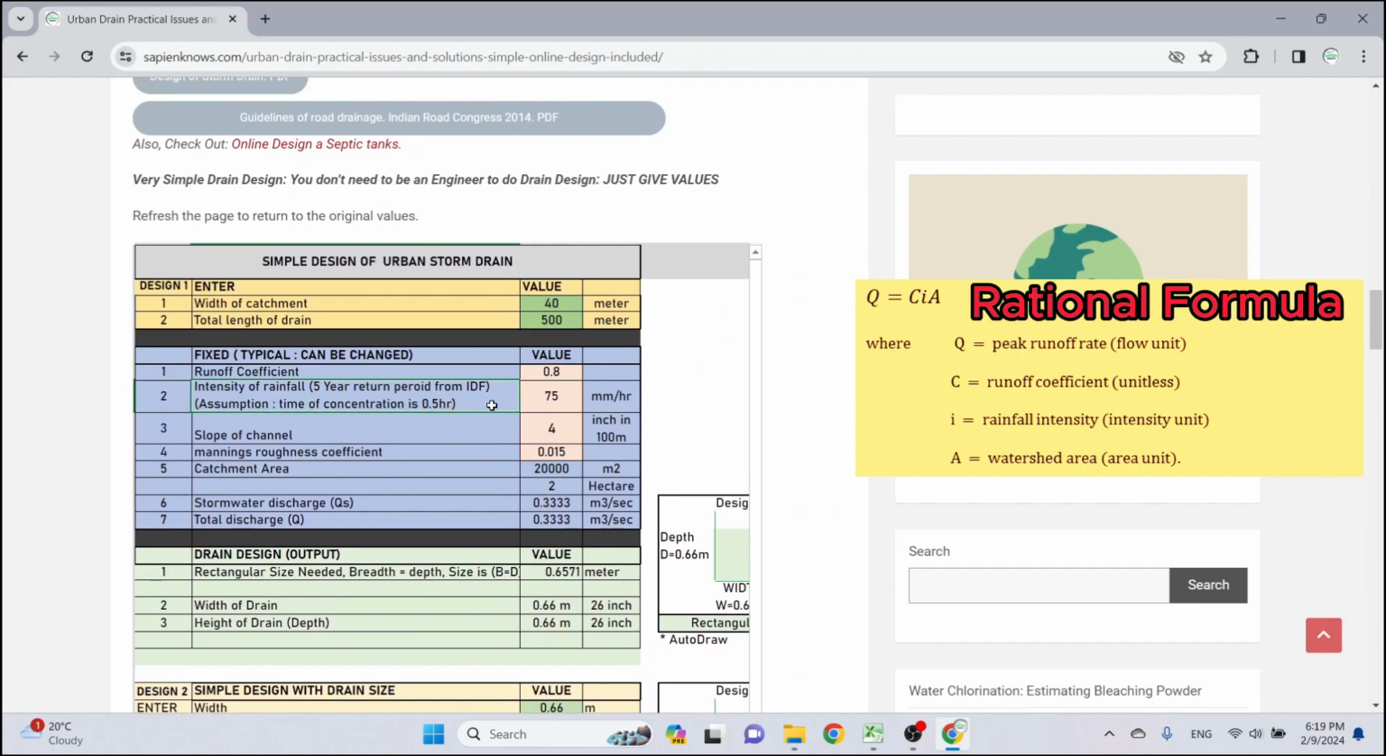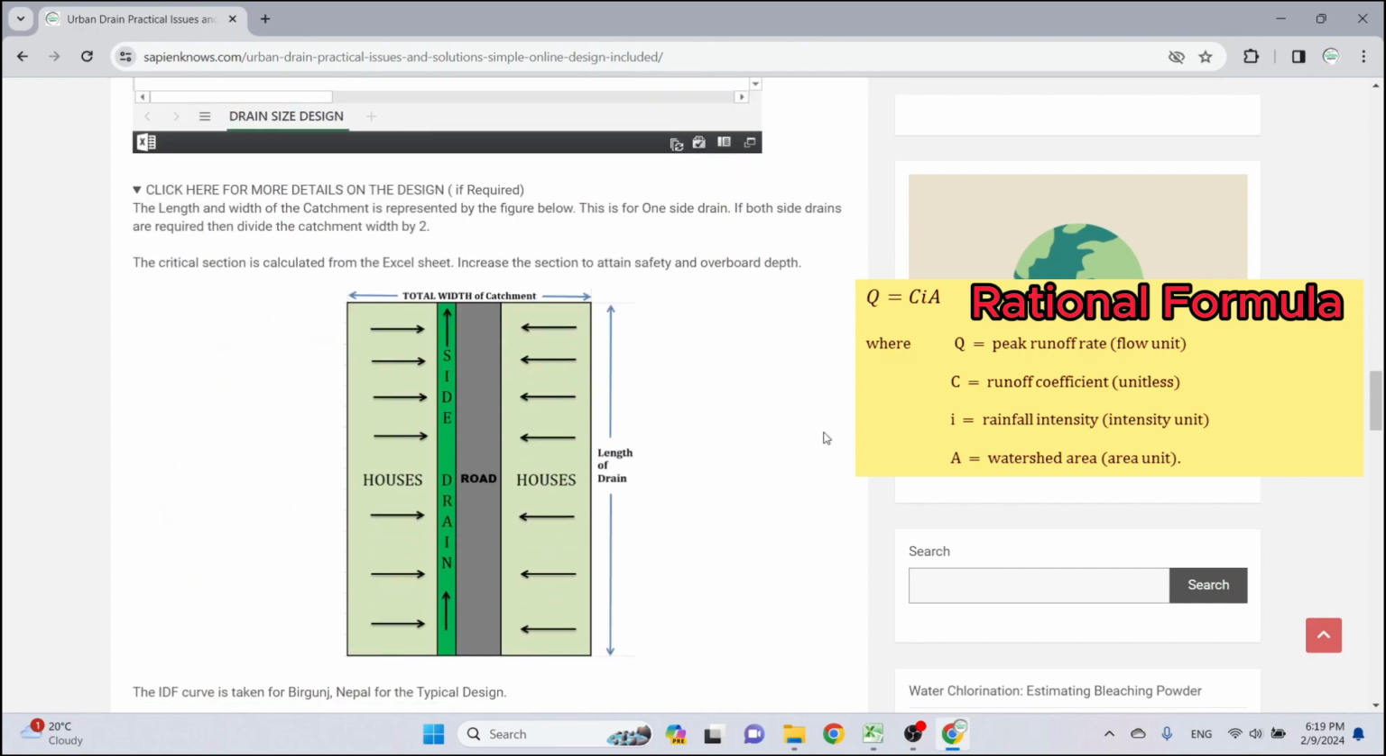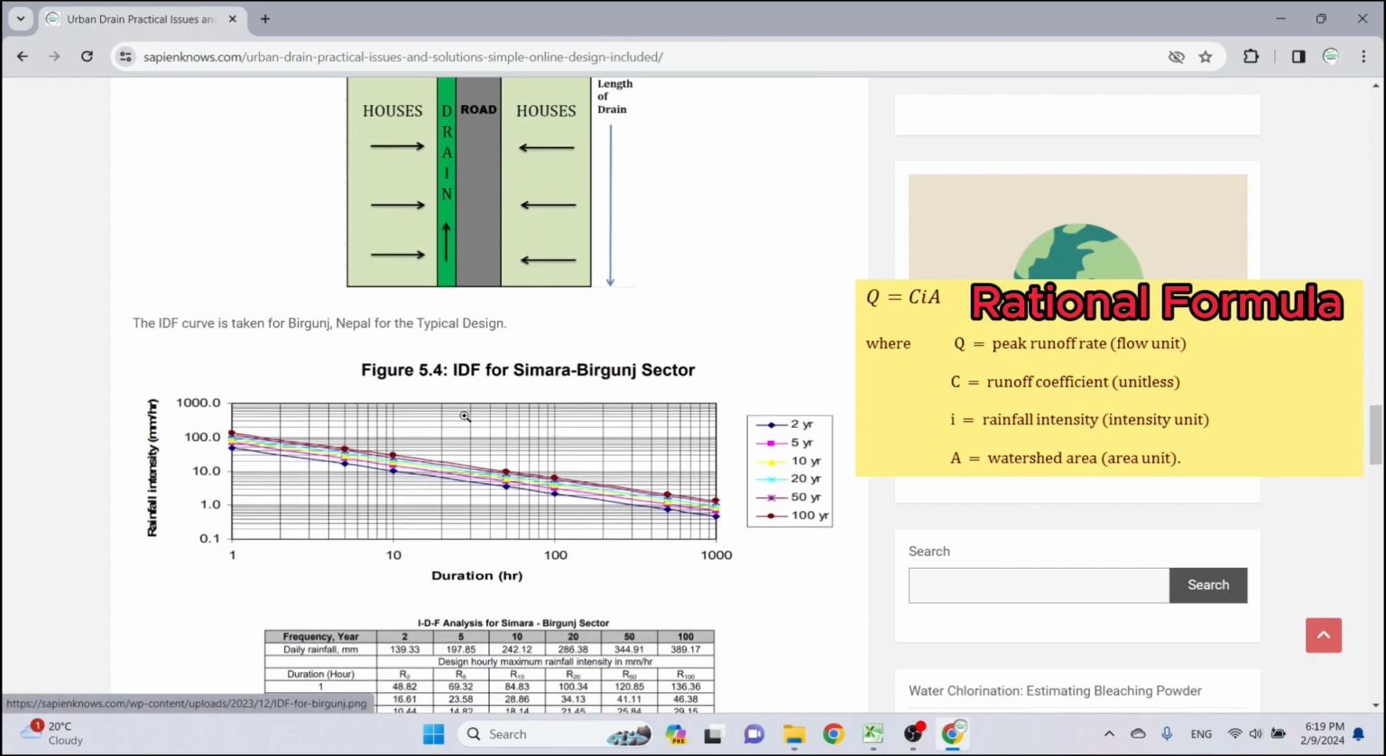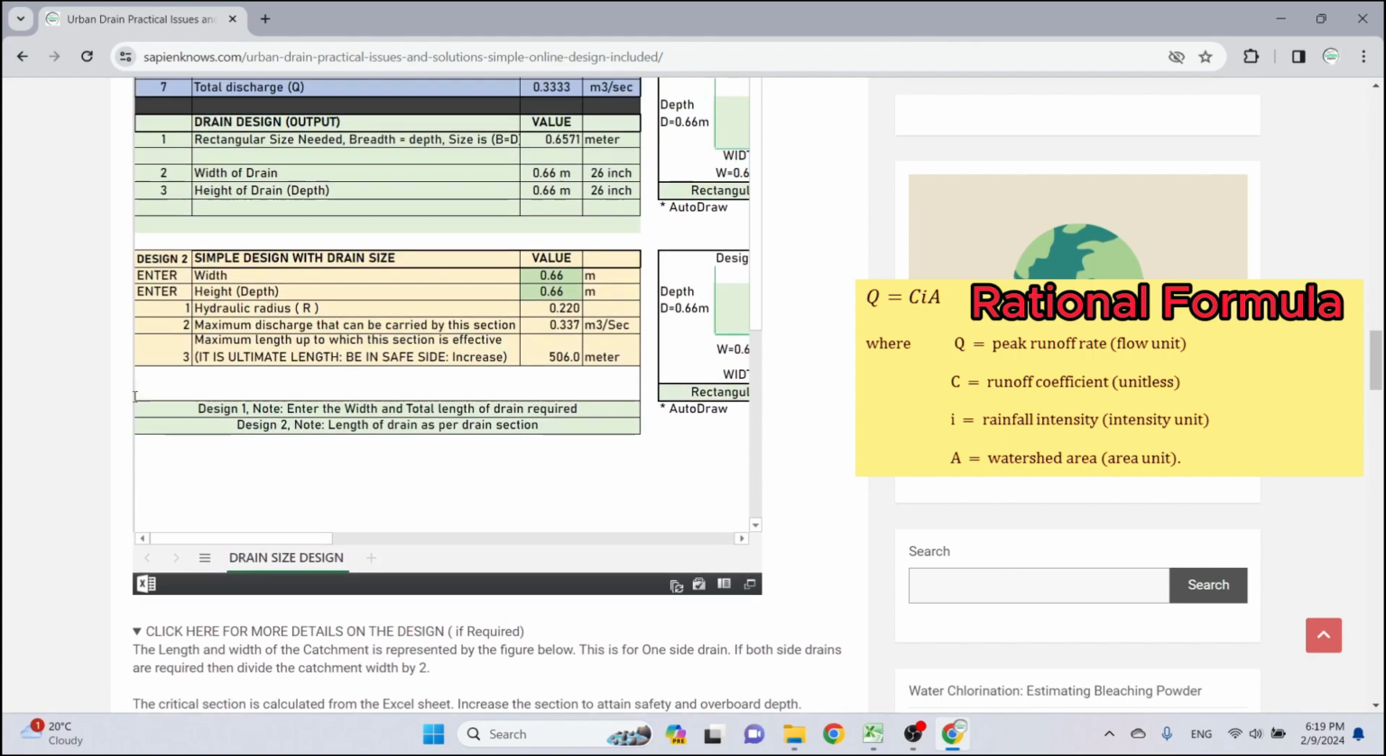The rainfall intensity I have taken for a 5-year return period from the IDF curve and I have assumed the time of concentration as 0.5 hours. So I got an IDF curve of Simra Birganj sector of Nepal. So I have taken a duration of 0.5 hour and a 5-year return period in that, and I've got by extrapolating 75 mm per hour as rainfall intensity,